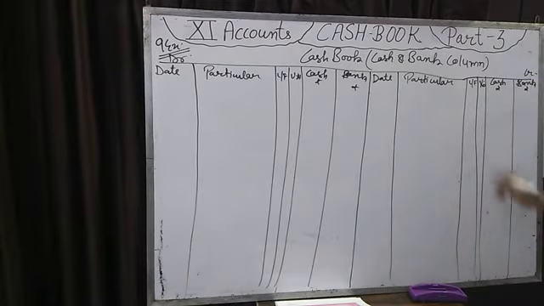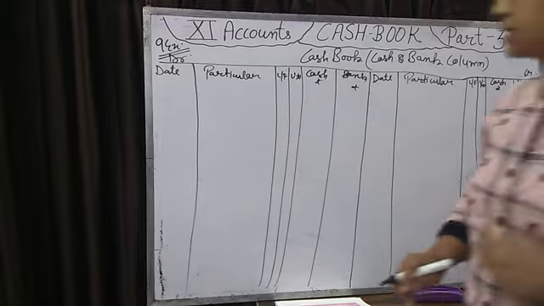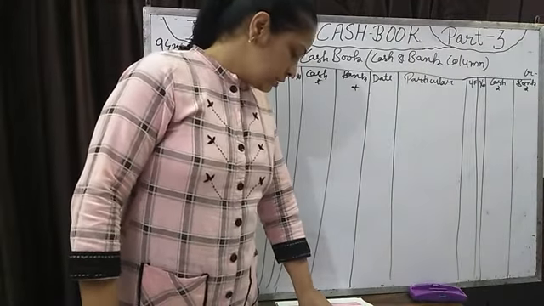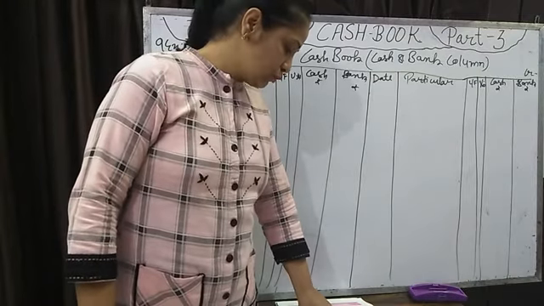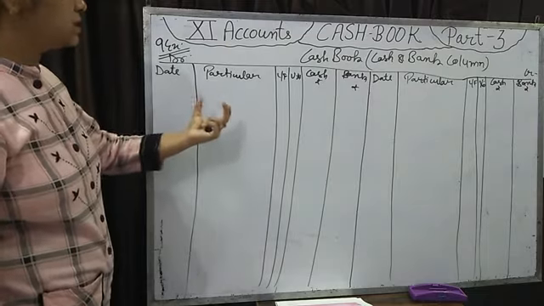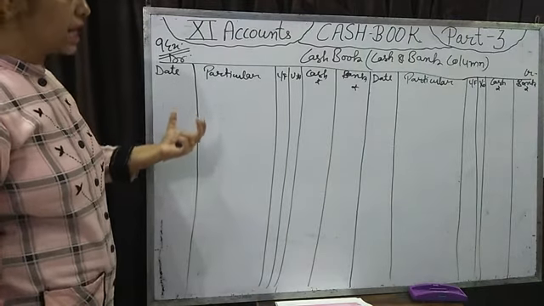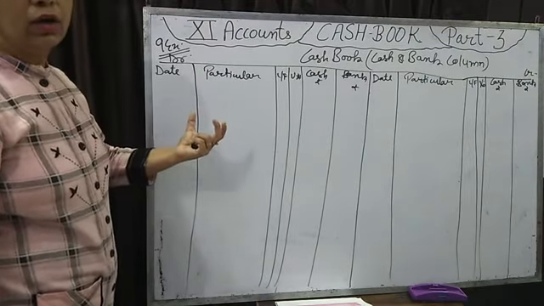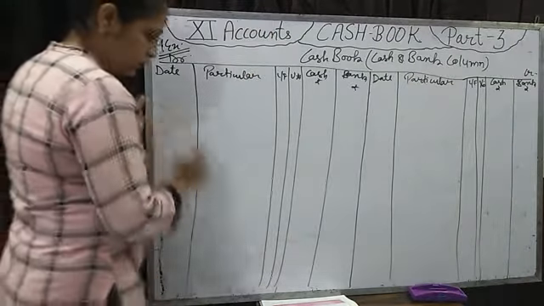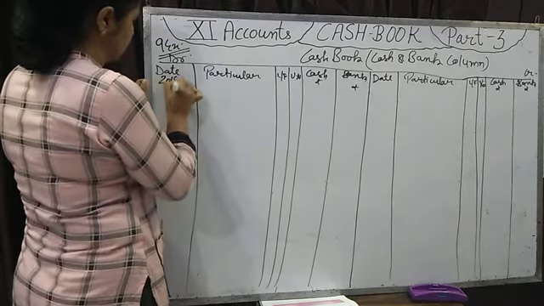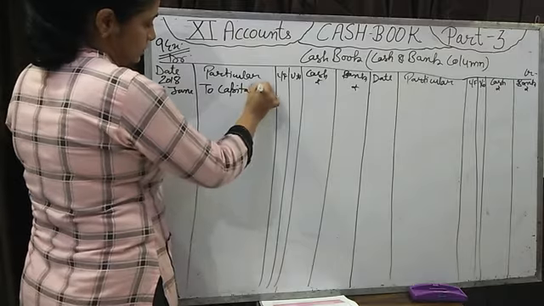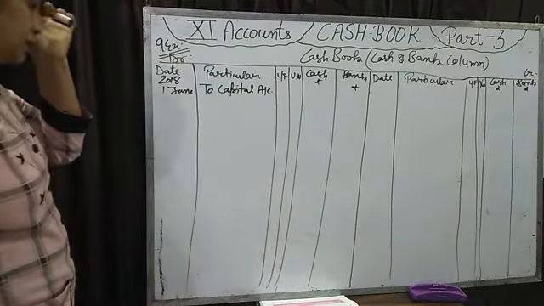First of all we will write the opening balance that is given in the question. In the 9th illustration there is no opening balance. The first transaction is on 1st June. Commenced business with cash. We have just started the business, so we have no balance at the start. We start the business by the owner bringing cash, 1 lakh, on 1st June 2018. That money is known as capital. The money the owner brings to start the business is known as capital.